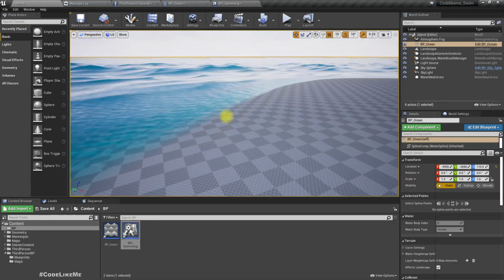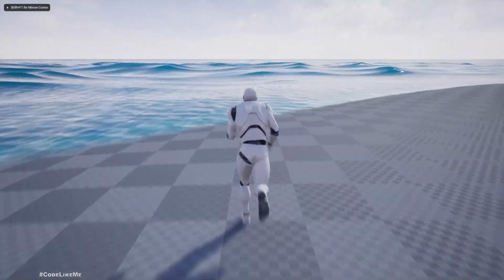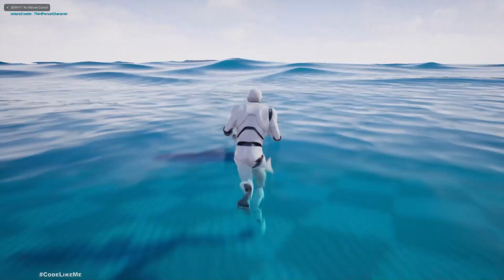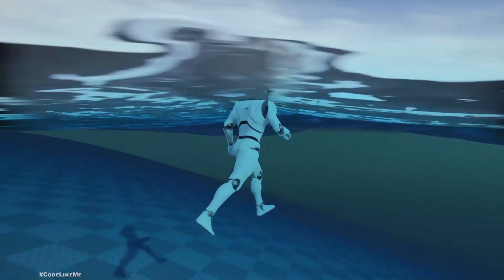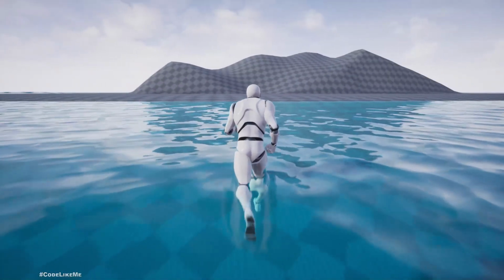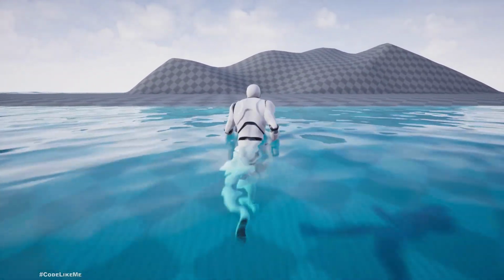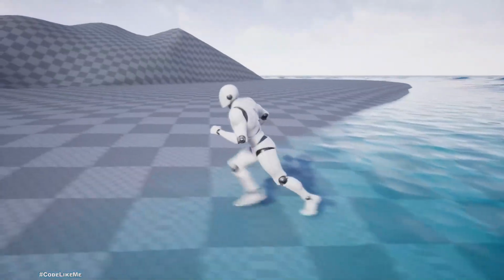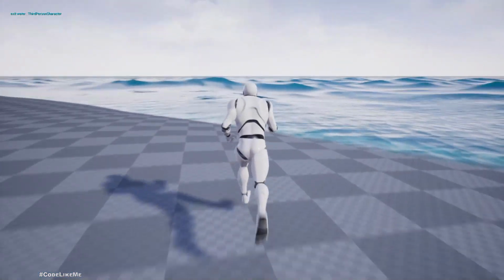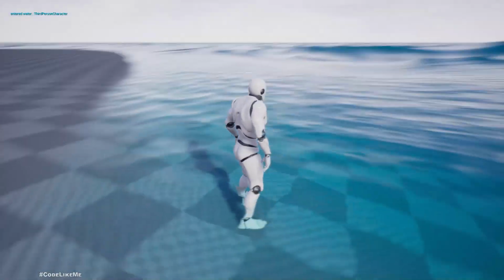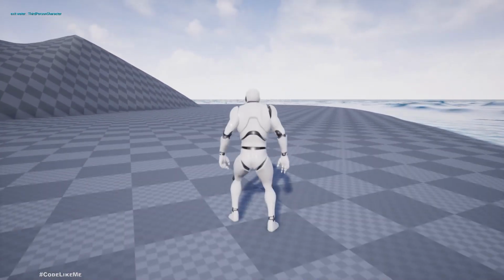Right, now let's test this out. Right, now the character is swimming, that's why it's floating. Right, now the character is in usual walking mode. Okay, the next part is